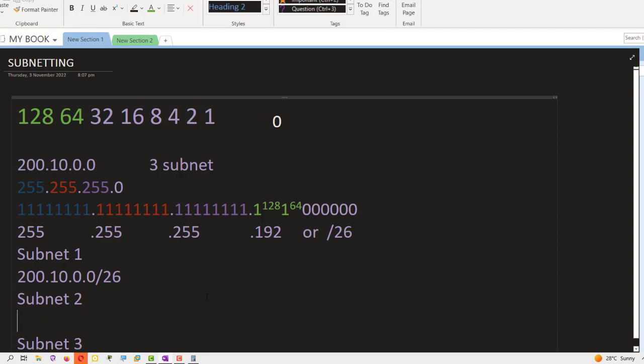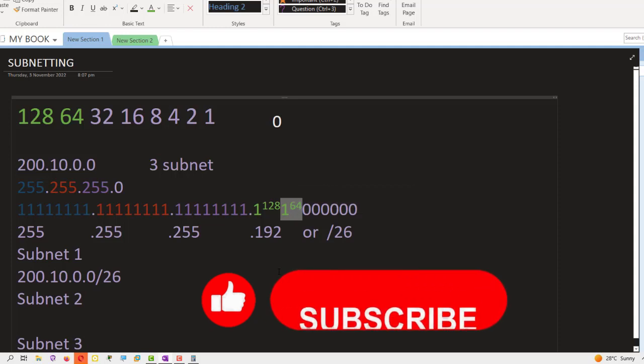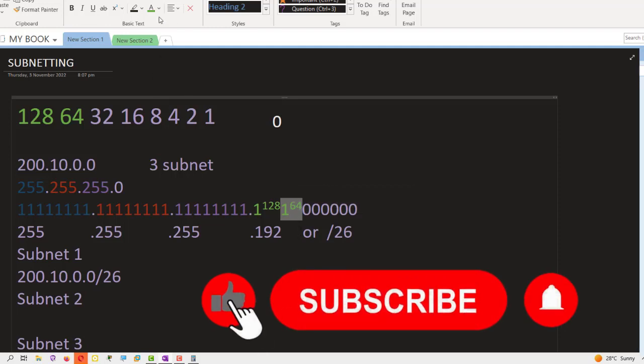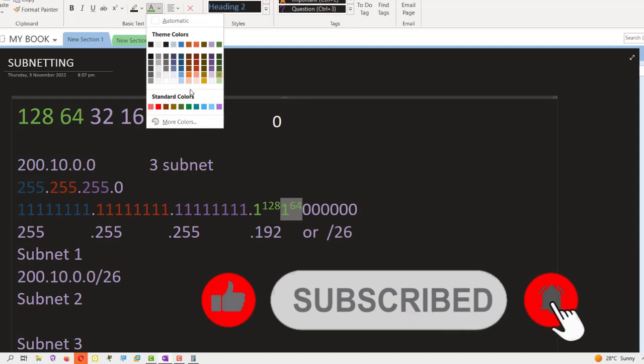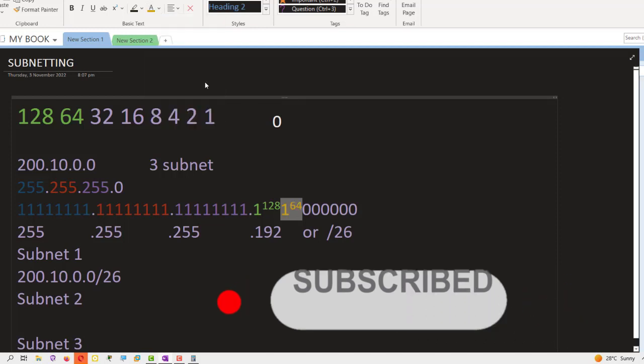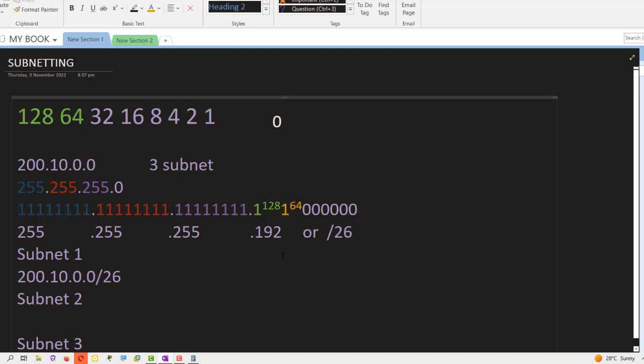Now, what would be our subnet 2? To find our subnet 2, or our second network, the last bit borrowed is our magic number. Okay, this last bit borrowed is our magic number. So I'll just give it a different color because we are going to use that particular number. Good. So this is our magic number. That is why I've given it a different color. Now we are going to add this magic number to the very first network that we've gotten